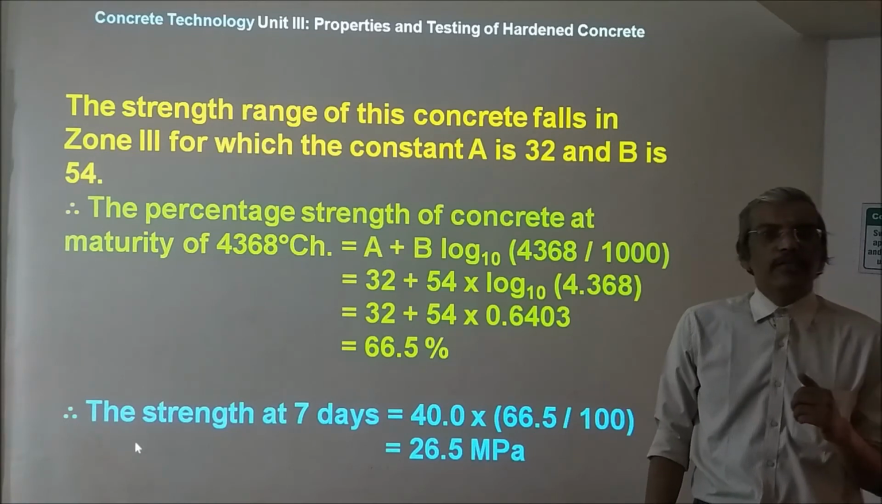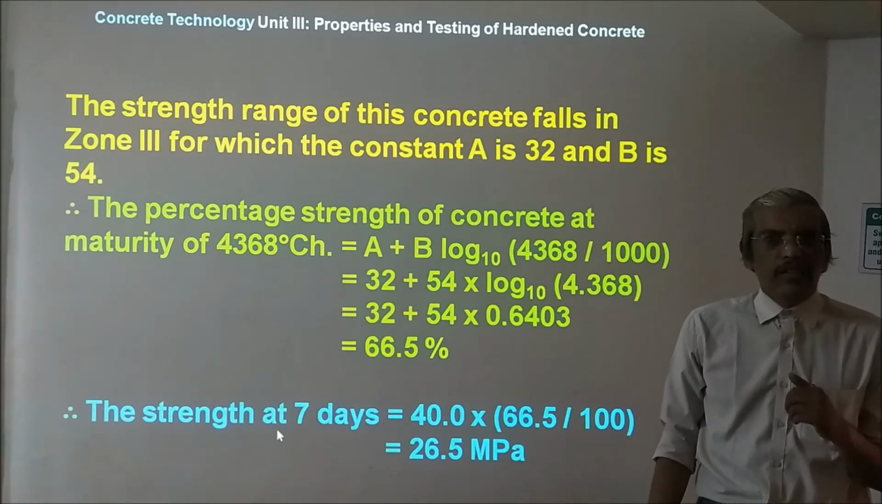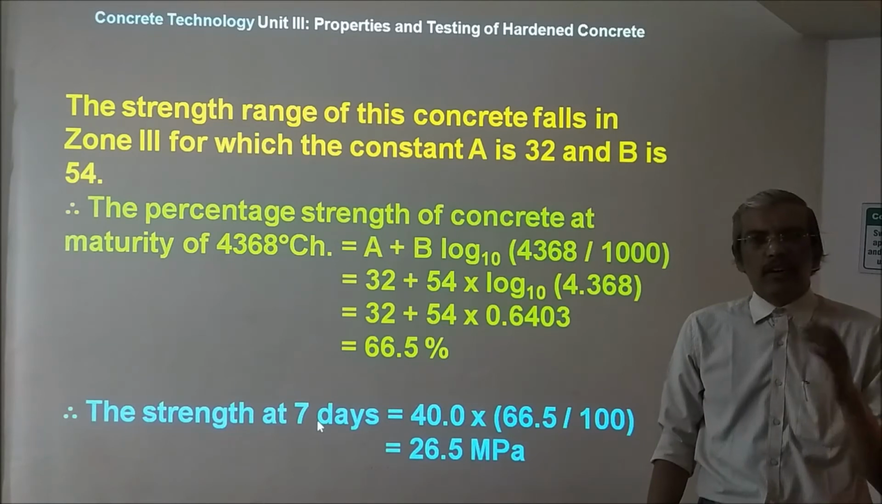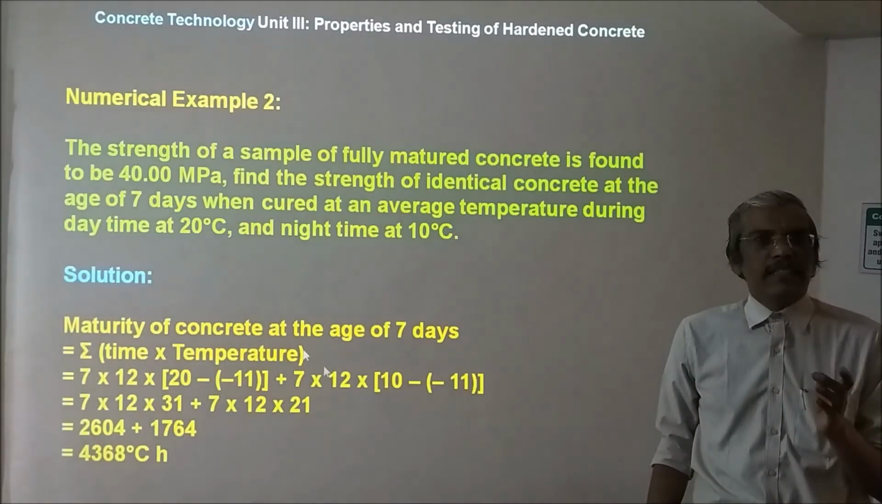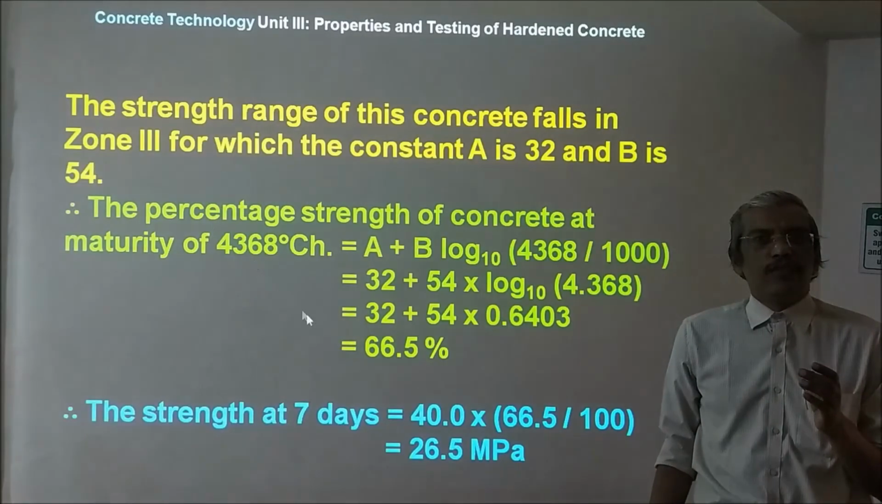So we have to find out the strength at 7 days. The strength of the concrete at 7 days is equal to 40, which is given previously in the example. Here it is given 40. So 40 multiplied by 66.5